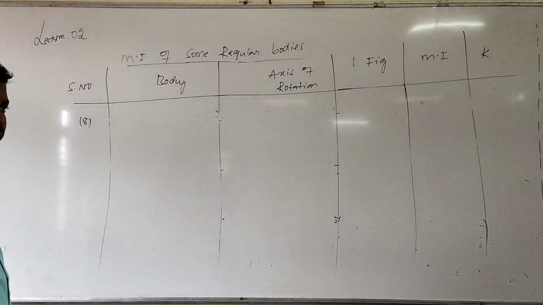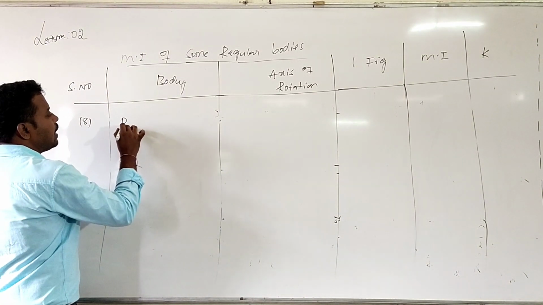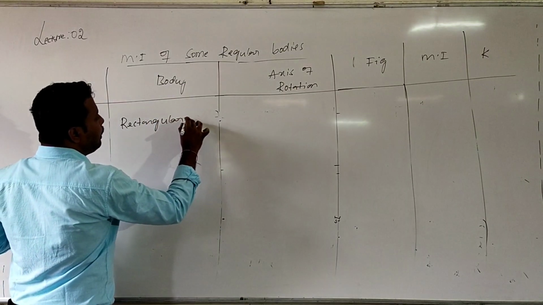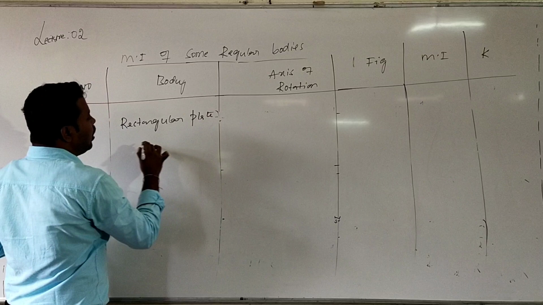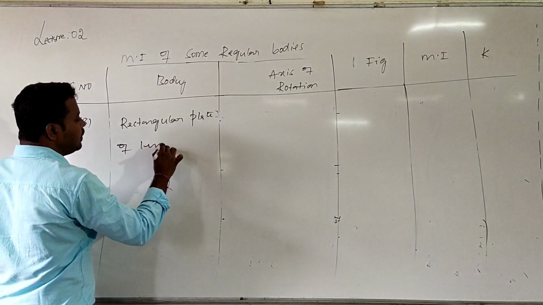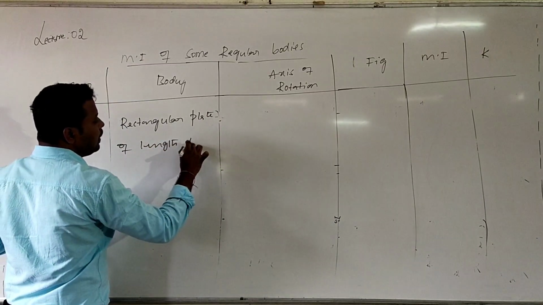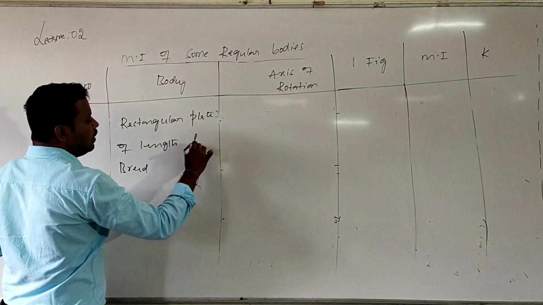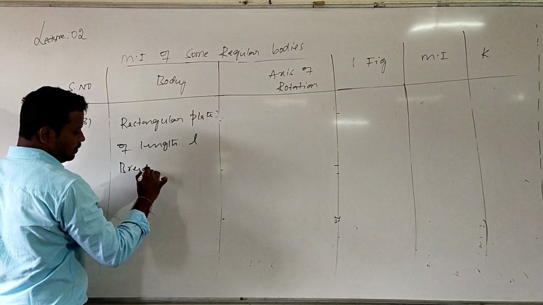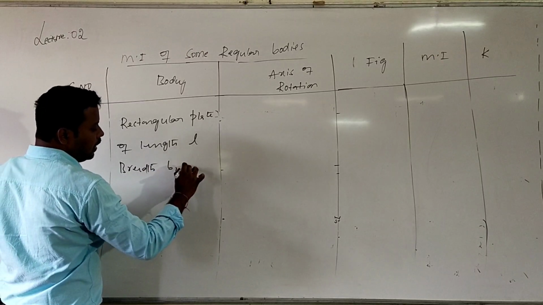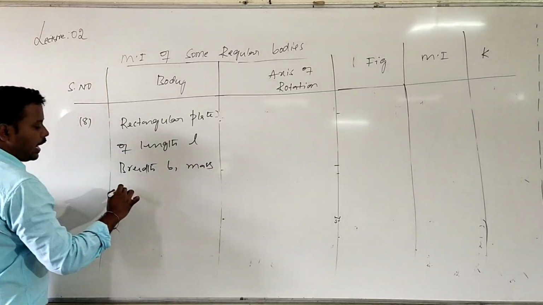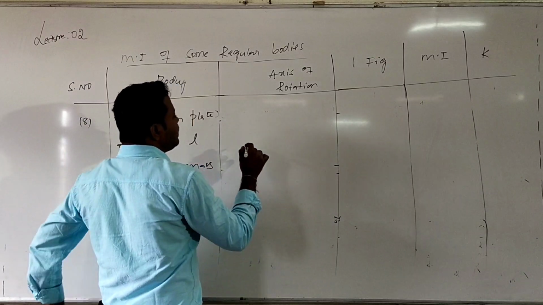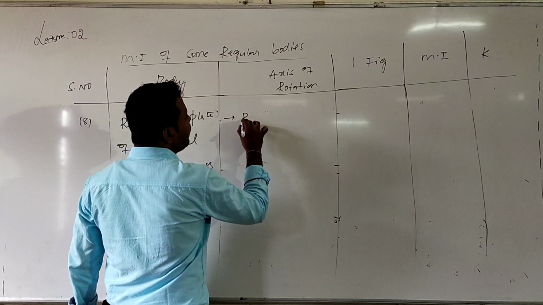Eighth one is a uniform rectangular plate. A rectangular plate of length capital L, breadth, I will call length value small l, breadth value d, and mass value capital M. So I want to calculate about an axis passing through center